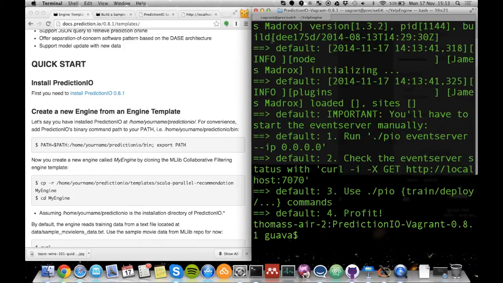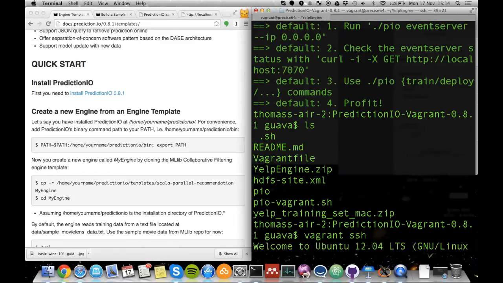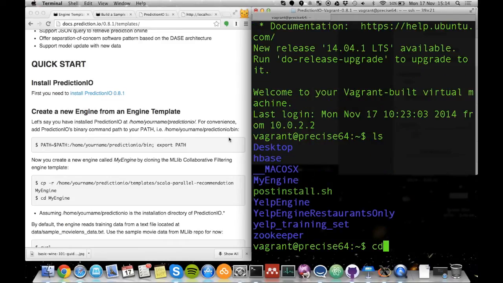Right, so all I did there is I've launched PredictionIO using Vagrant, so hopefully you're familiar with Vagrant, it runs on top of VirtualBox. And then what we're going to do is SSH into Vagrant. And the quick start, essentially what it takes you through to start off with.